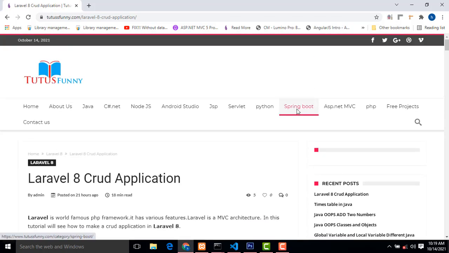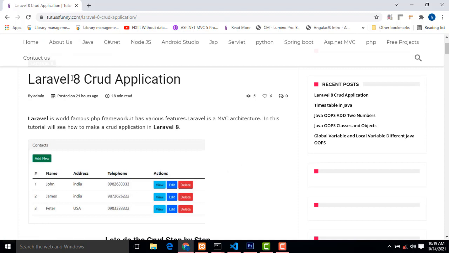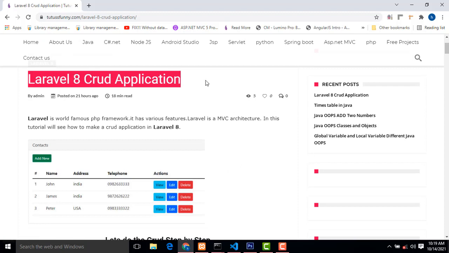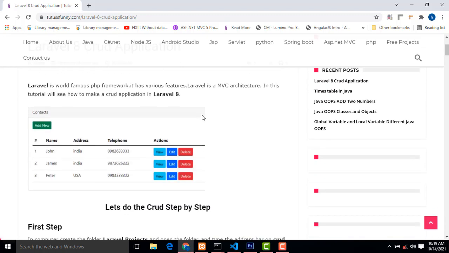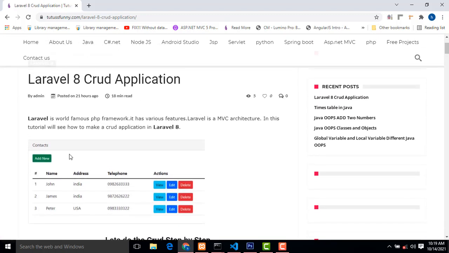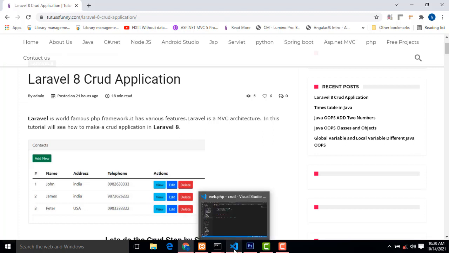Today I am going to teach how to make the Laravel CRUD application, a step by step tutorial. There are many students who ask me to develop the Laravel 8 CRUD application step by step with the documentation. So today I am bringing you the video with the documentation, showing how to do the project step by step. So we will start the project along with the documentation, right? That is perfect, so everyone can understand.